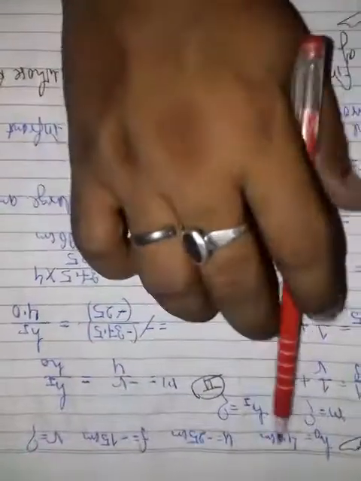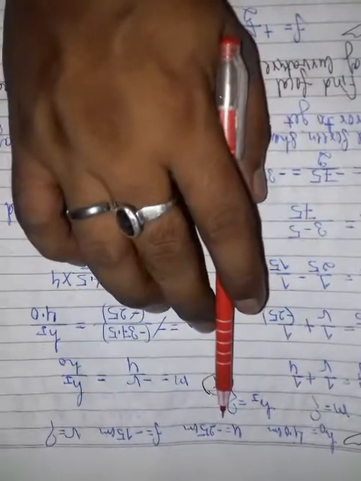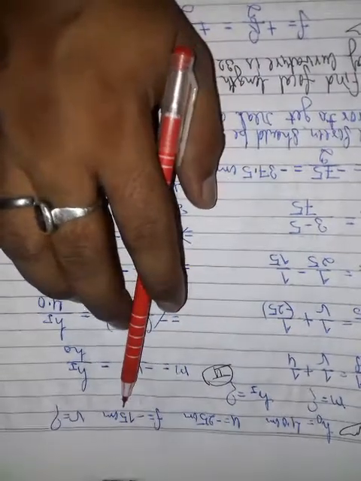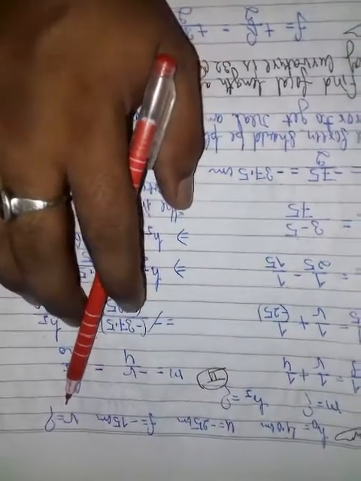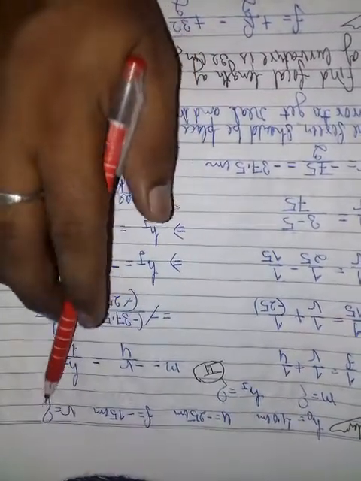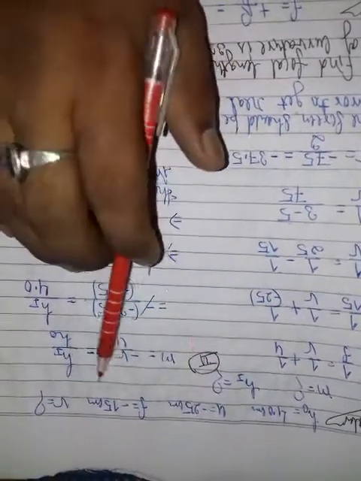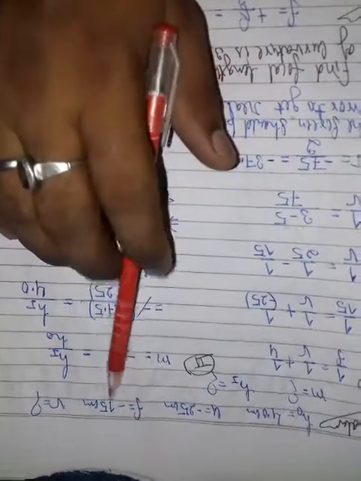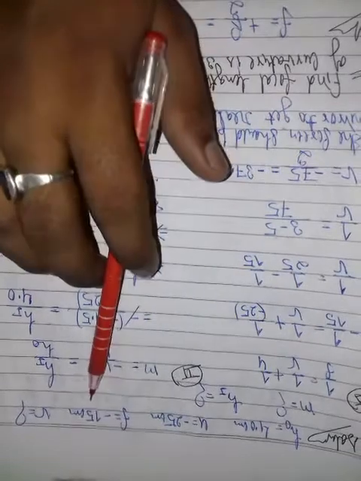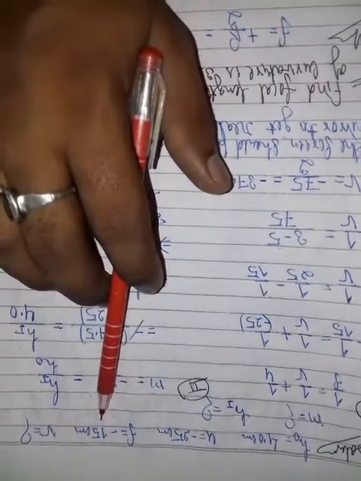First, we have found out the values given: the height of the object is 4 centimeter, the position of the object is minus 25 centimeter, and the focal length is minus 15 centimeter. We have to find first the position of the image, that is where the screen is placed to get the inverted and real image. We have taken minus sign for the focal length and object because this is a concave mirror. In this question, first we have to clarify the sign convention and what type of mirror the question is about.